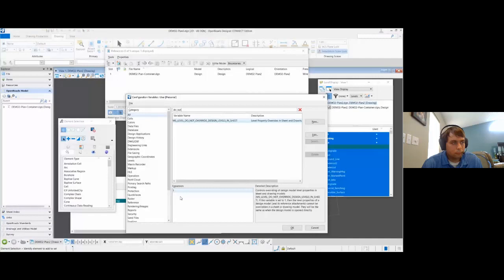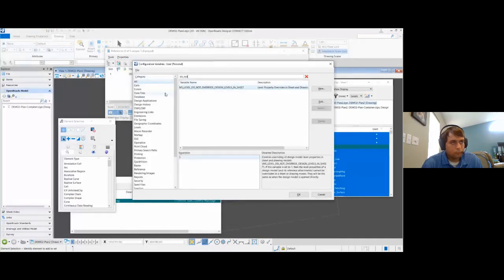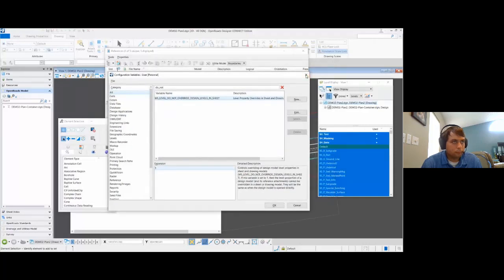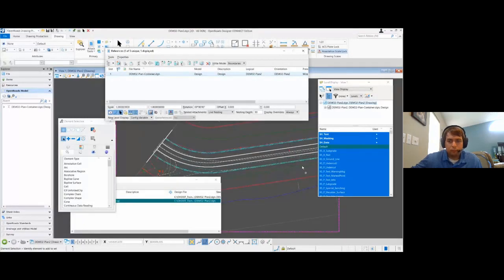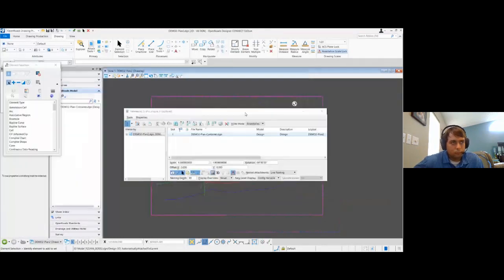So you notice it's still on, which is where we get some confusion on this, which I'm going to dive deeper into in the next video. But for right now, this video is going over the display overrides, and you can see how you can use that to your advantage, and still make those one-off changes if needed.